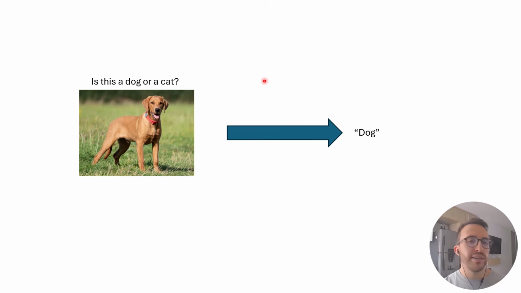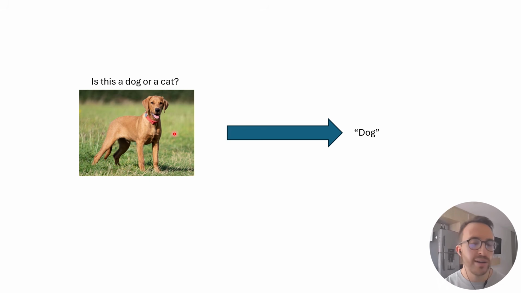Imagine giving an image to a computer and asking, is this a dog or a cat? Now, for humans, that's very easy to do. But for a computer, that's not easy to do. How would you write a flowchart or computer code to look at an image and say whether it's a dog or a cat? Remember that an image to a computer is just a table of pixel values, and those pixel values are just numbers at the end of the day. So you have this giant table of numbers that are an image of a dog or a cat.